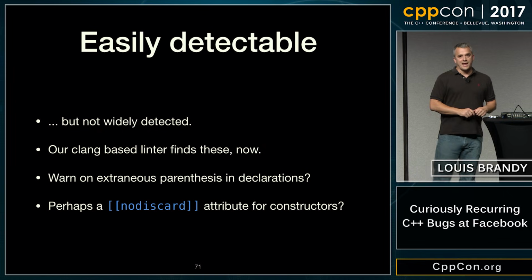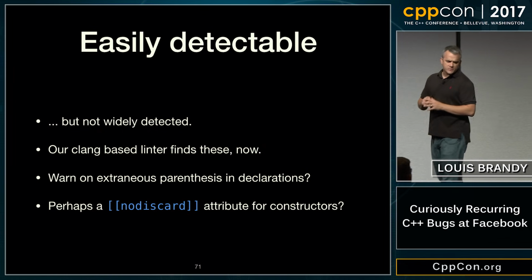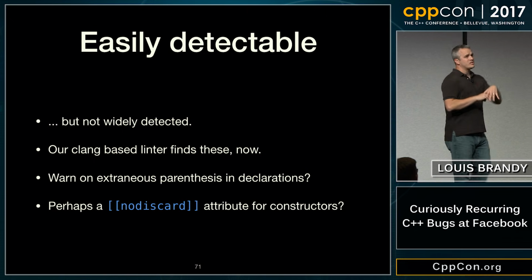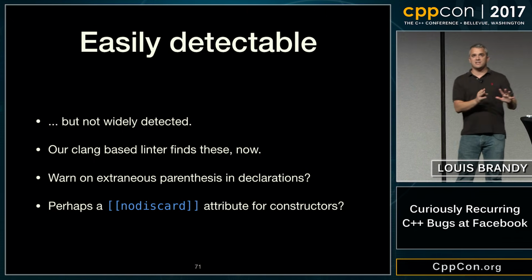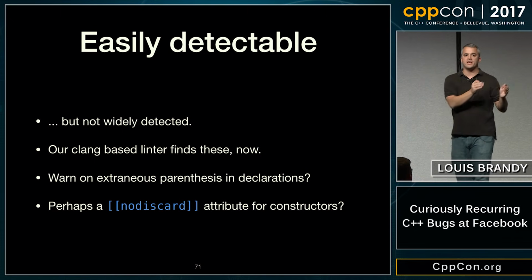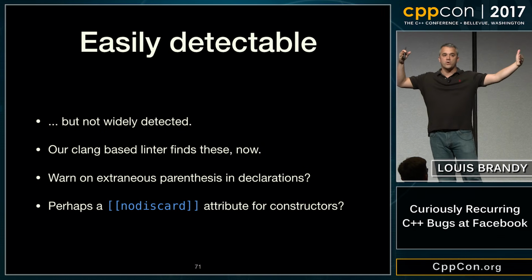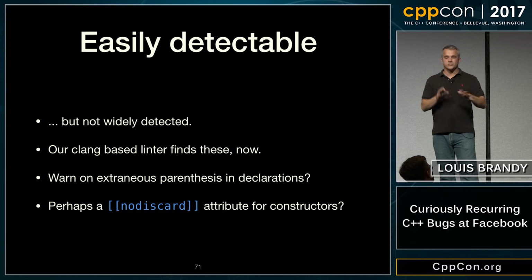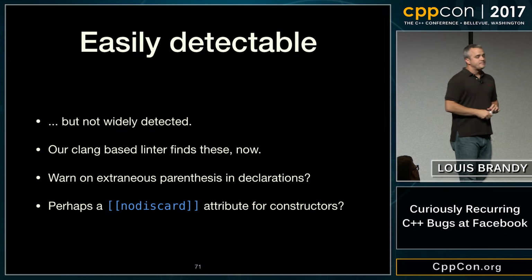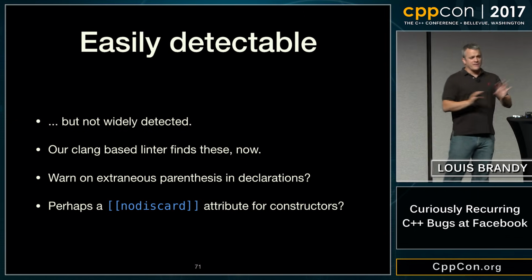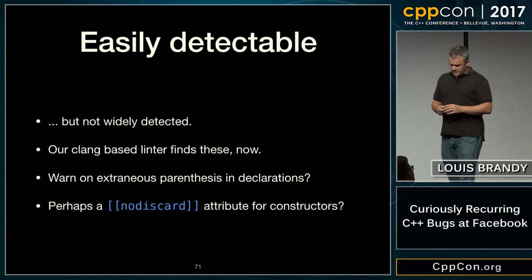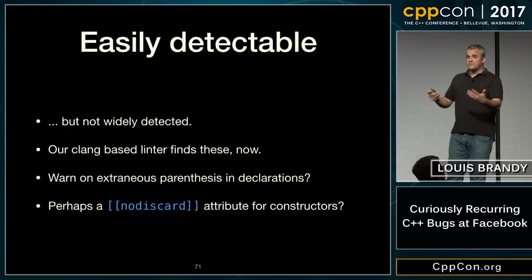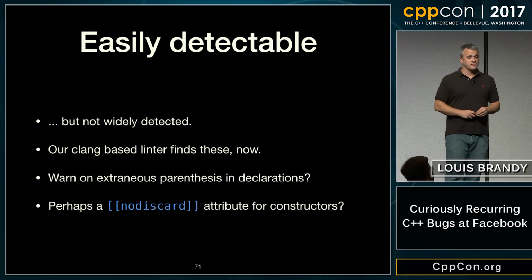So again, I'm not exactly sure what the best is, so I have some extra stuff here that I didn't want to get into in too much detail. There's a related class of problems which isn't this declaration issue, but it's more like you create something that exists for one line of code only when you expected it to live forever. And that's a place where a nodiscard attribute for constructors might be helpful eventually. So there's two flavors of this, but the more common one is the declaration one. So again, we have a Clang-based linter, so something like clang-tidy, for example, could very easily find this.